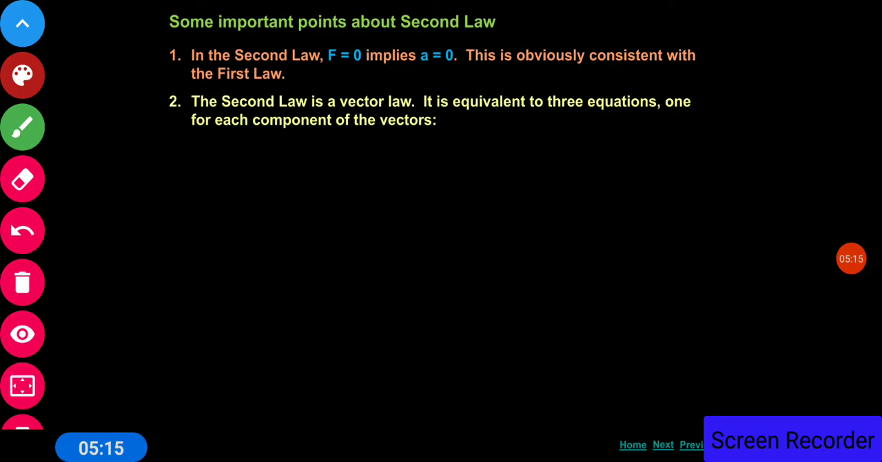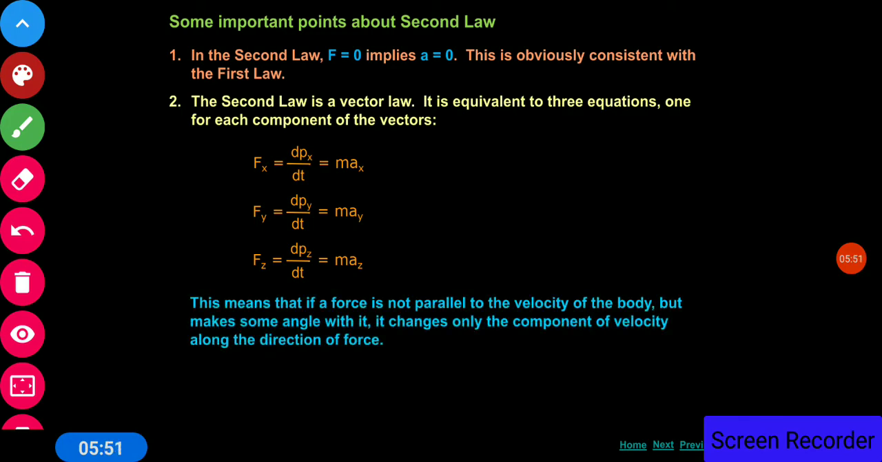The second law is a vector law. It is equivalent to three equations, one for each component of the vector. Since F is a vector quantity, and a vector quantity can have components along the x-axis, y-axis and z-axis, from the equation F = ma we can have the three components: Fx = dpx upon dt = max, Fy = dpy upon dt = may, Fz = dpz upon dt